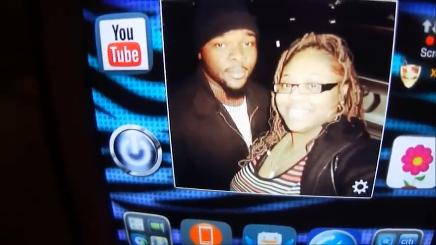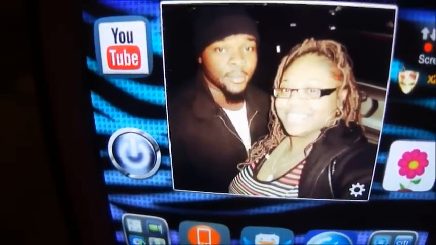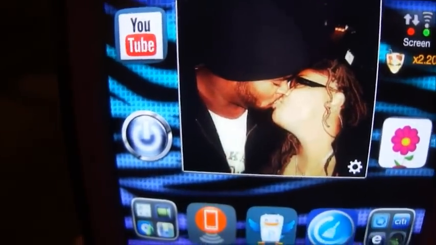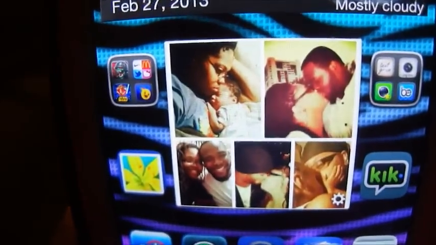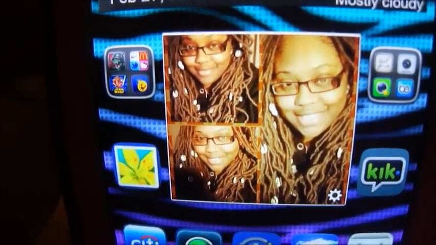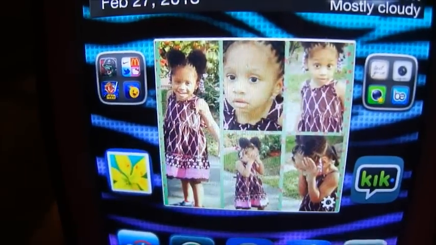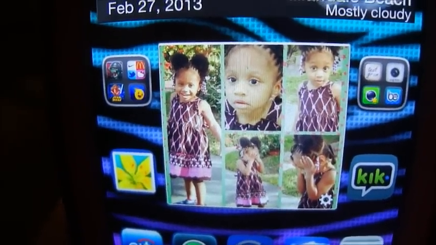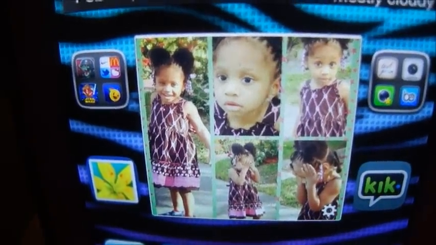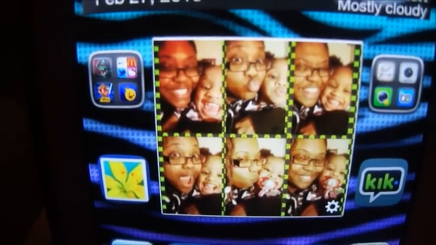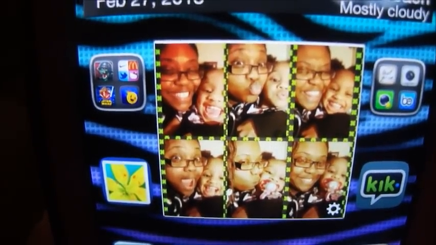It's my boyfriend and I on our one-year anniversary. And these are my favorite pictures of us, my honey bunny. And these are all my favorite pictures. That's me. I'm a dreadhead, in case you didn't know. That's my daughter. And that's us again, my daughter and I.